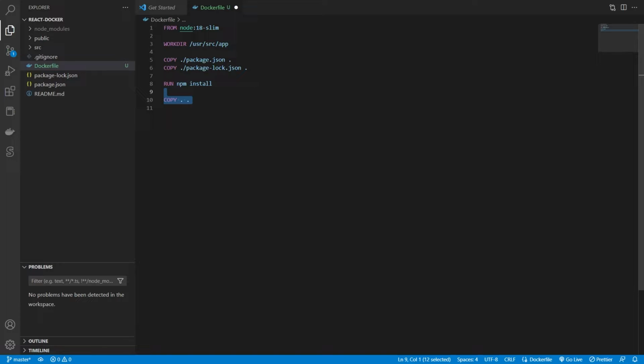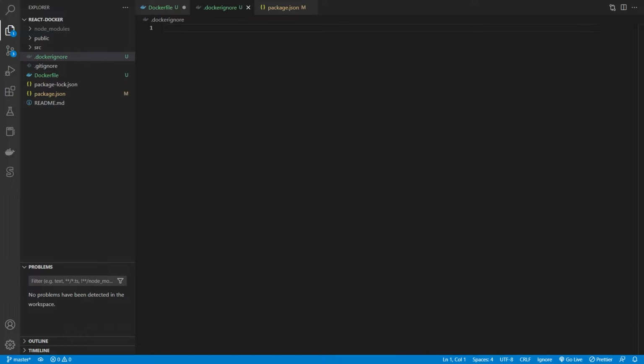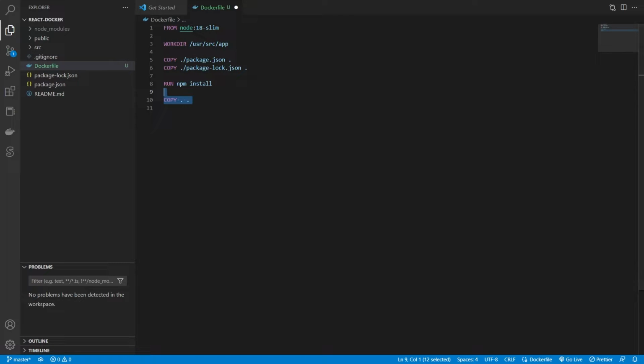But we don't want to actually copy all the files. We don't need to copy node_modules, since they were already created by npm install. We also don't need to copy the Dockerfile itself. To exclude this, create a .dockerignore file and list all the files and folders that you don't want in your container. Back in the Dockerfile, we have to expose the port on which the app is running,